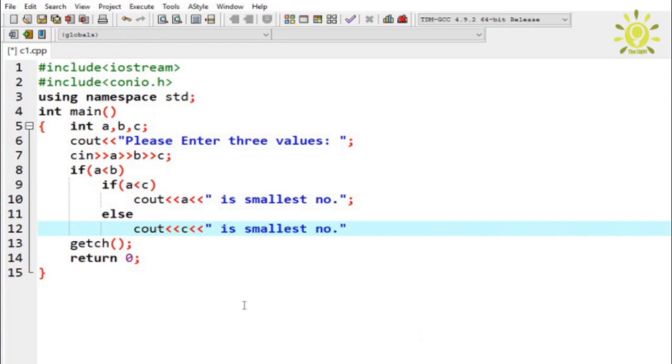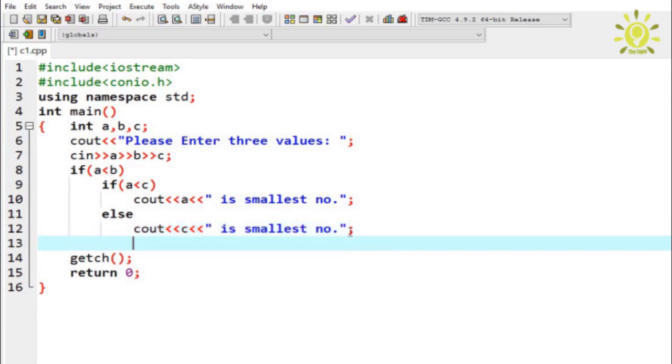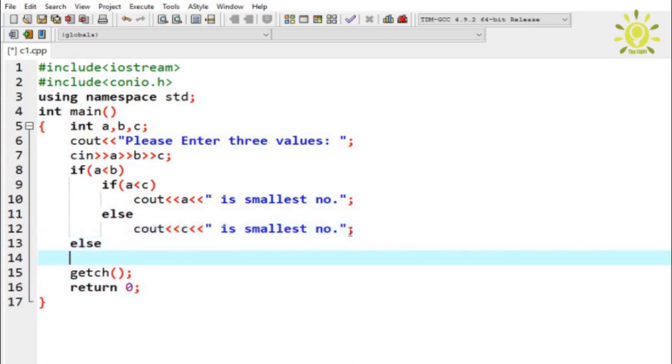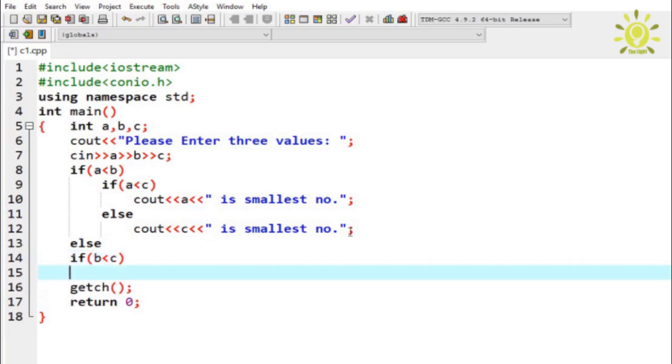So I'll just copy this. Here terminate this and now use else, and here again use an if condition: if b less than c, then it will display on the screen cout b is smallest number.